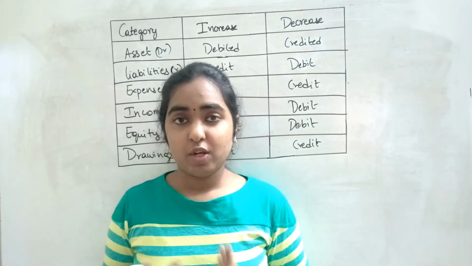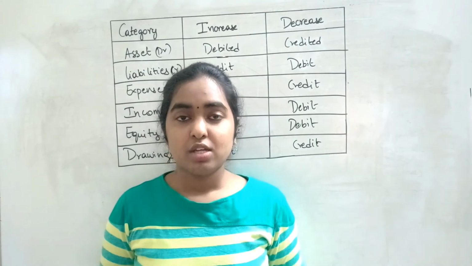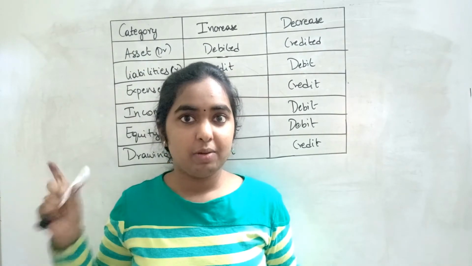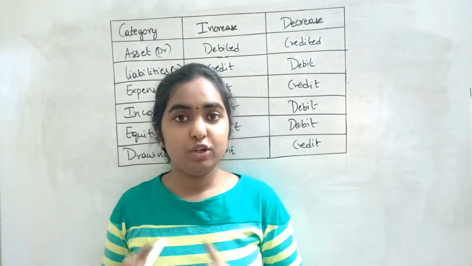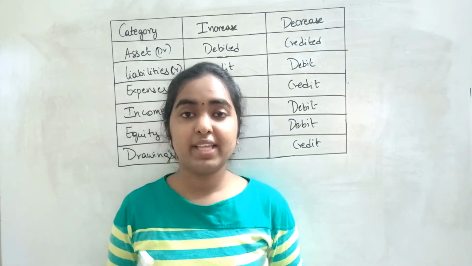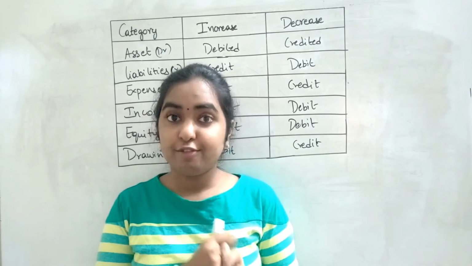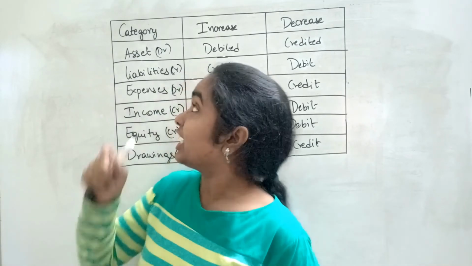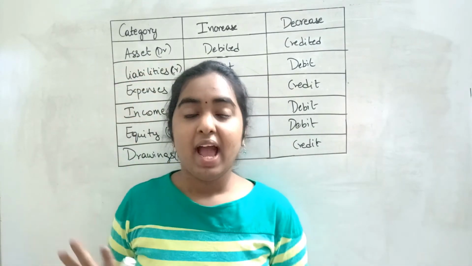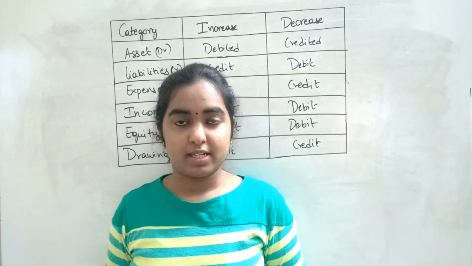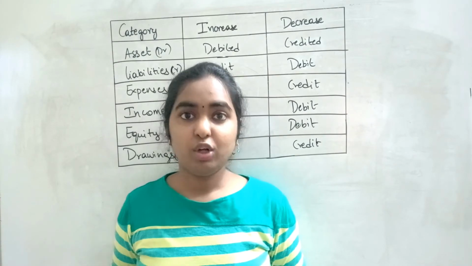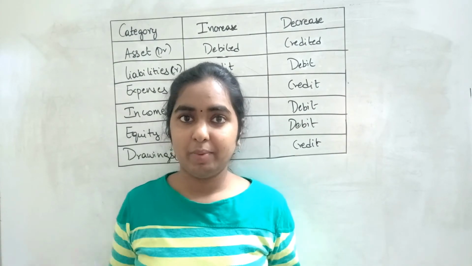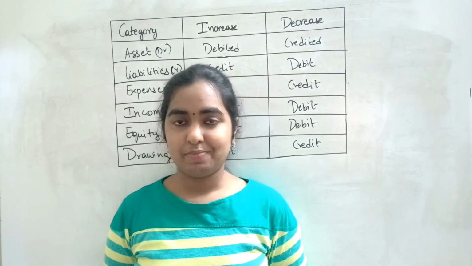And the second thing is, when you are purchasing furniture, we have to pay cash. So when you are paying cash, even the cash account will be affected, right? So for every transaction, there will be an effect on two accounts mainly. So in this example, the debit has to be given to furniture because it is increasing. Increase in asset will be debited, right? And cash is also an asset. Decrease in cash has to be credited. So likewise, there will be an effect on two aspects. One will be debit and the other will be credit. So this is all about the dual aspect concept.